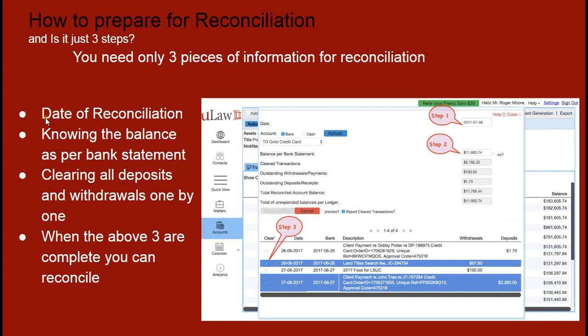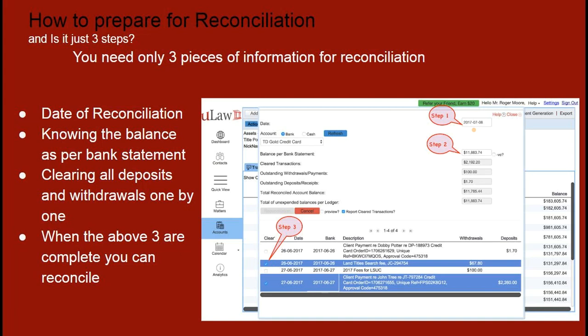data capture is the date of the reconciliation. Okay, so you really want to capture on which particular day you are generating this reconciliation report. It's very important because all transactions on or before this day are what's being considered. Okay? So let's say you come to the end of the month, April 30th is when you technically should have done it, but you've generated the reconciliation report on the 26th, then of course the transactions, if any, that occurred on the 29th and 30th of April, looking ahead, would not be part of this reconciliation report. It would be part of your May reconciliation report.